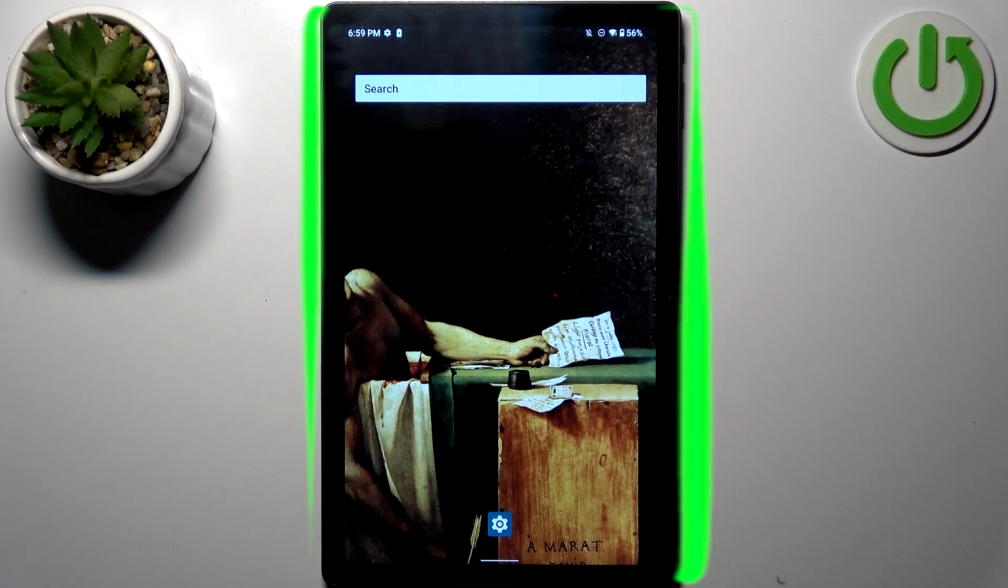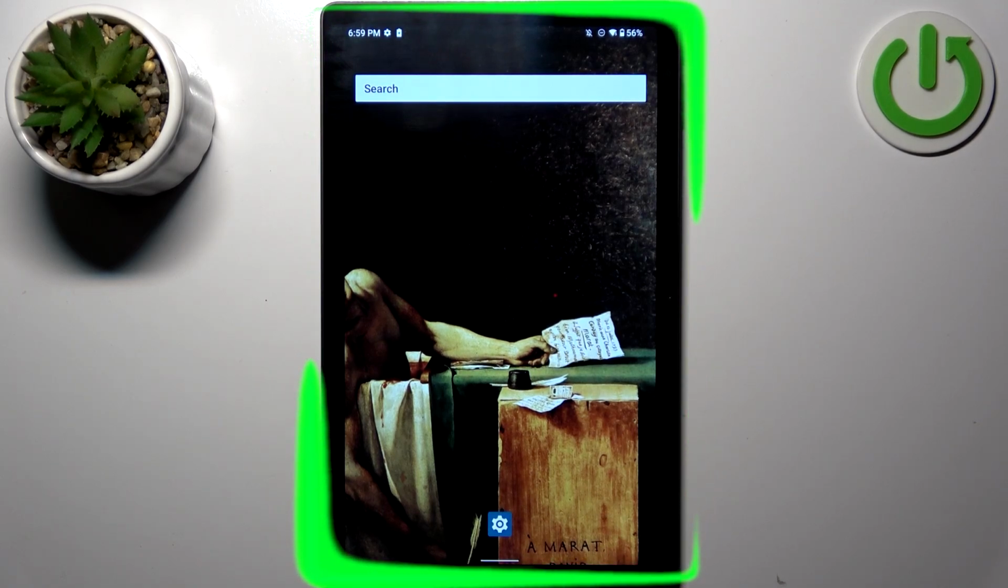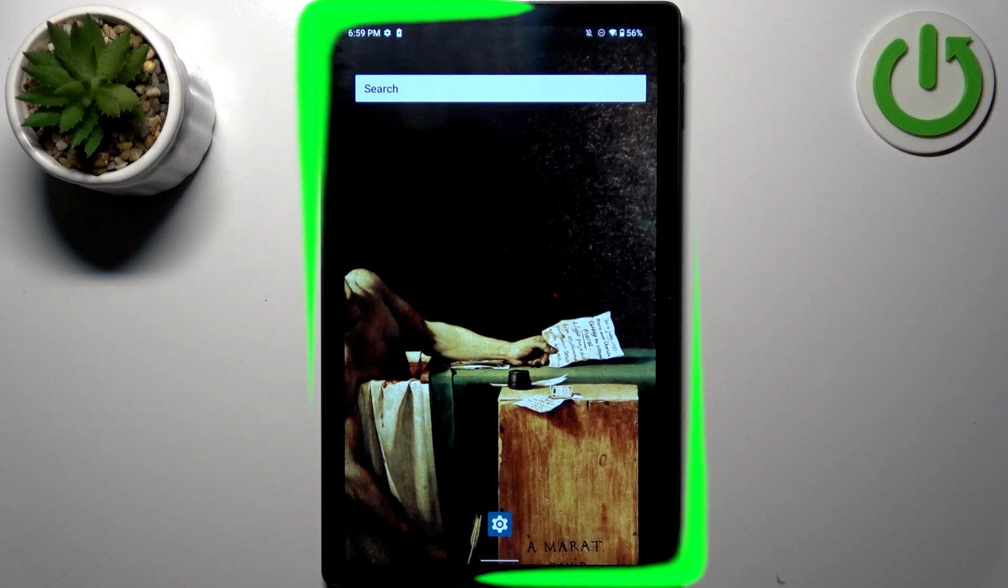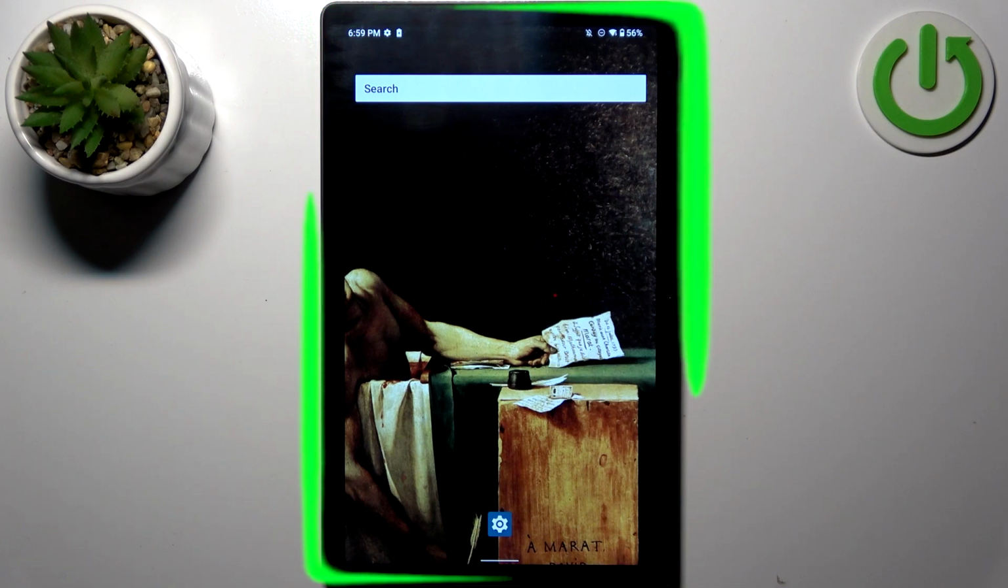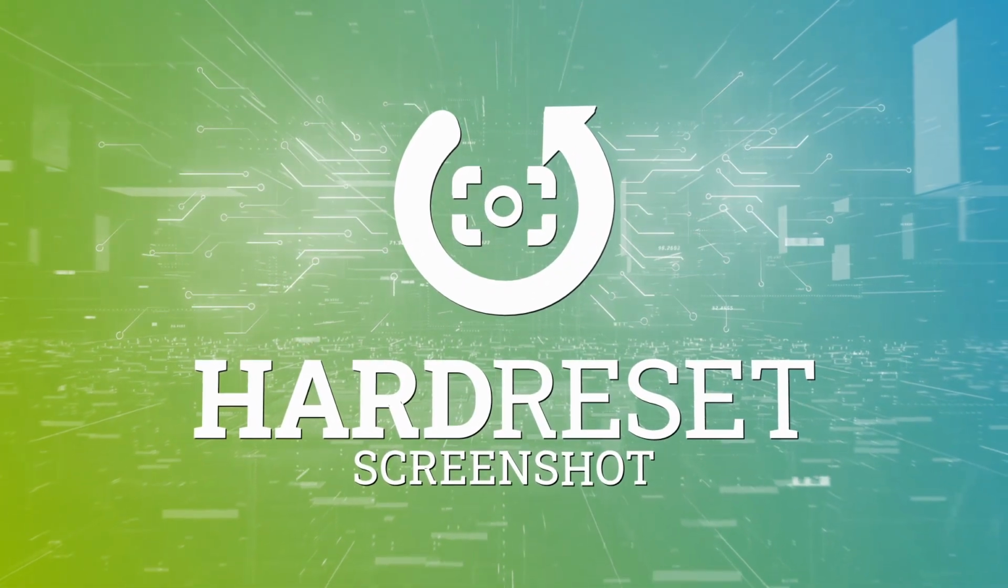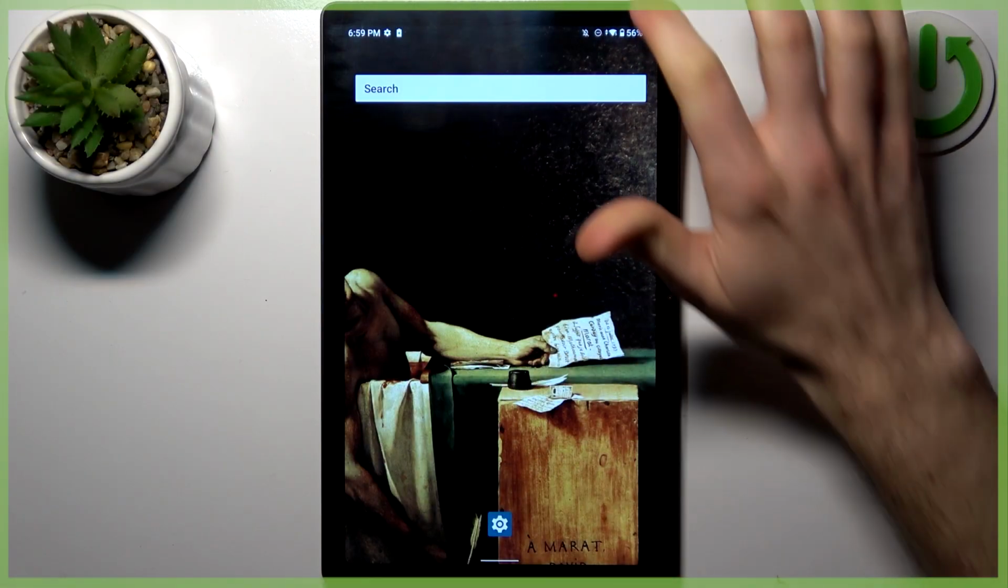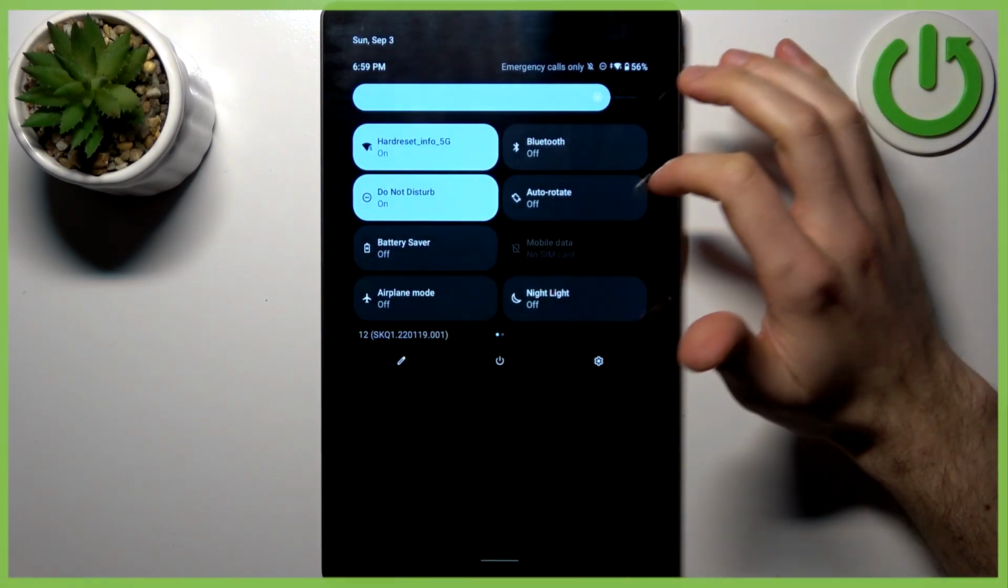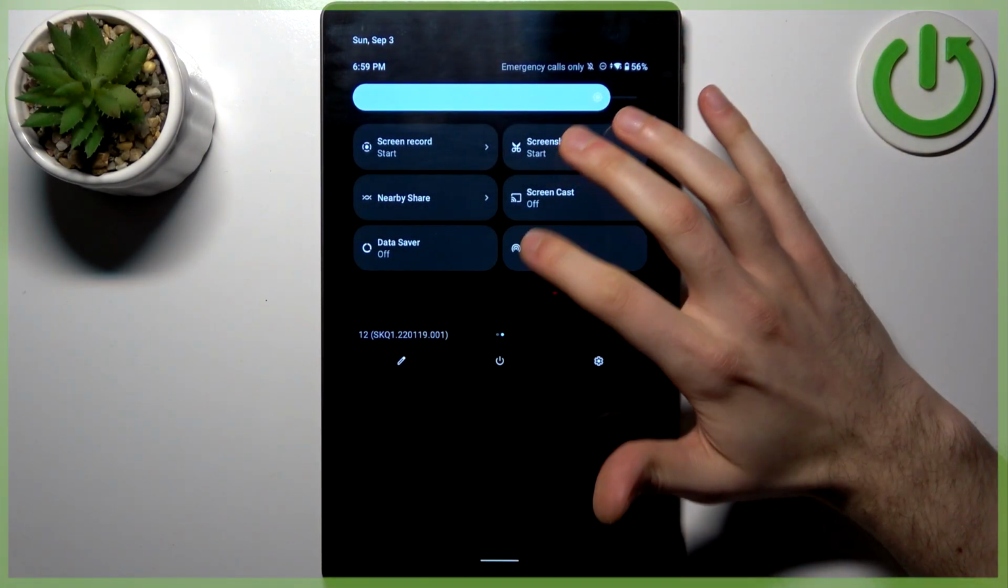Here I have CHUWI HiPad Max, and today I'm going to show you how to record screen on this device. So to do this, firstly you have to go to the upper bar, and here you can find the button